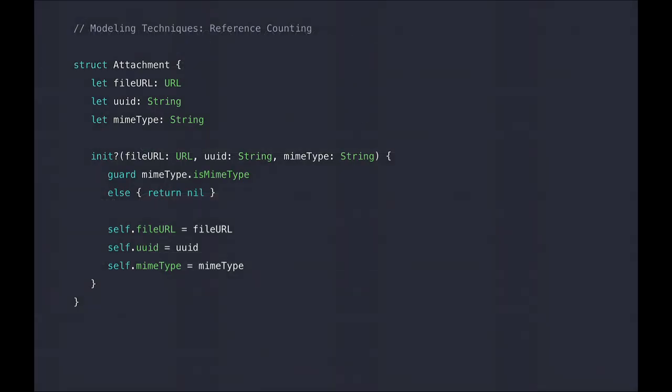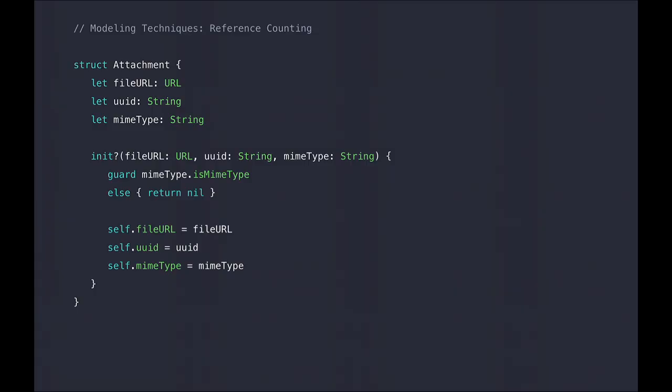Let's see how we can apply this to another example coming from my theoretical messaging application. So my users weren't satisfied with just sending text messages. They also wanted to send attachments, like images, to each other. And so I have this struct Attachment, which is a model object in my application. It's got a file URL property, which stores the path of my data on disk for this attachment. It has a UUID, which is a unique randomly generated identifier, so that we can recognize this attachment on client and server and different client devices.